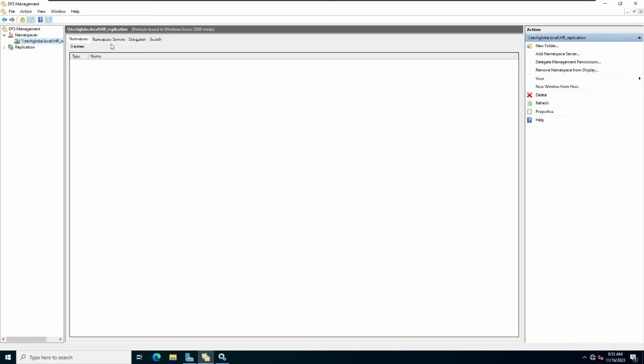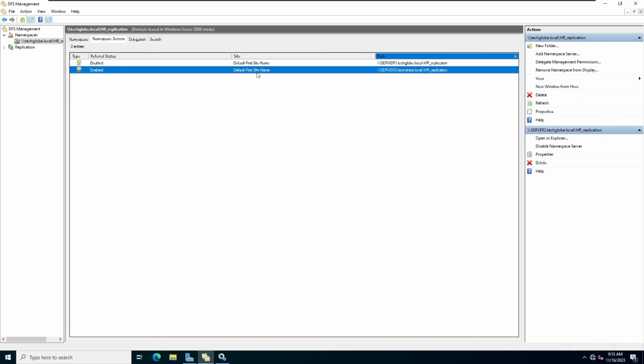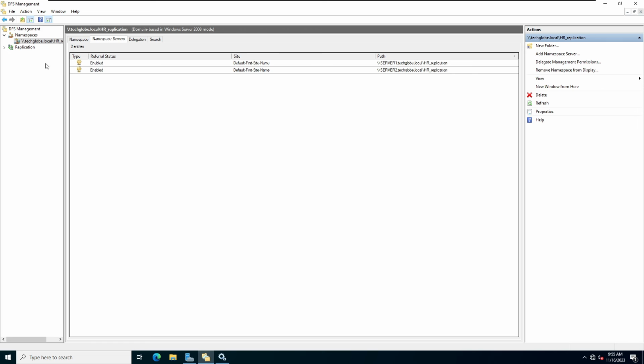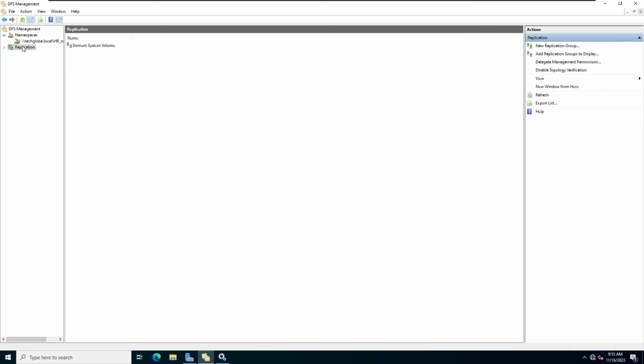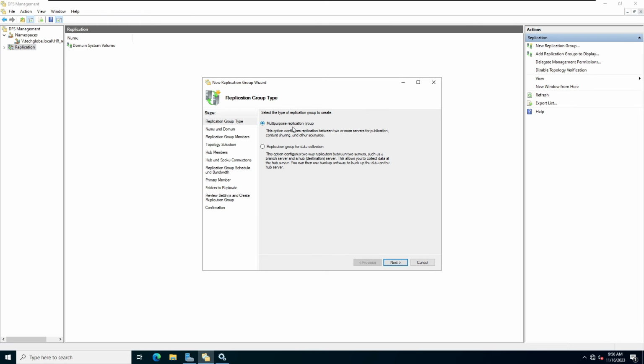And then click on namespace servers. As you can see, now the server 1 and server 2, the shared folder created successfully, okay. So then click on replication for syncing both servers. Right click, new replication group and multi-purpose replication group